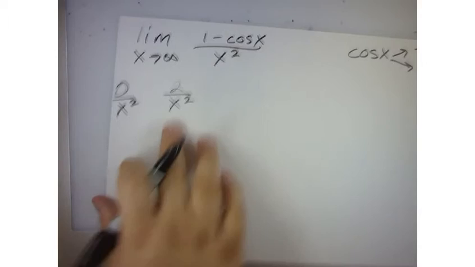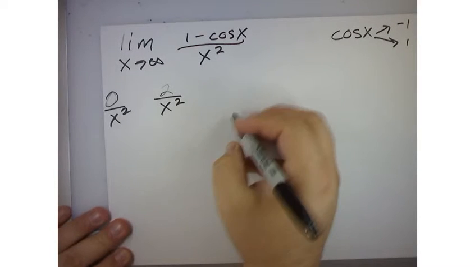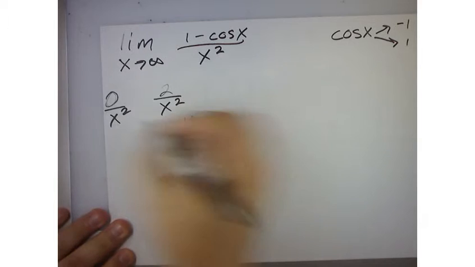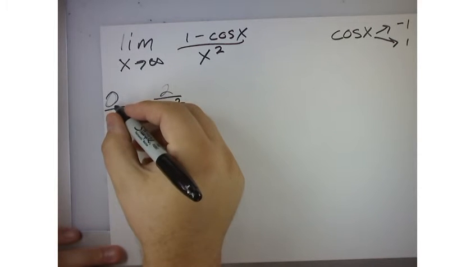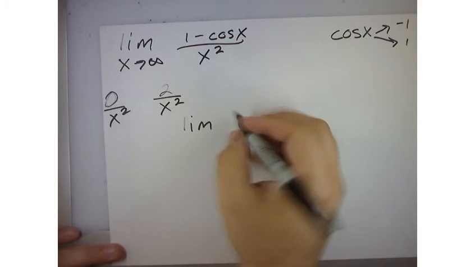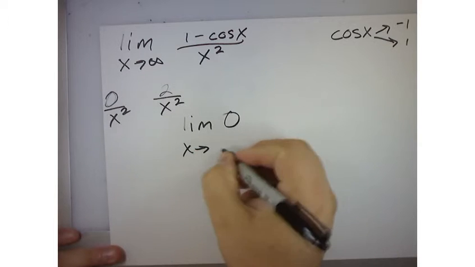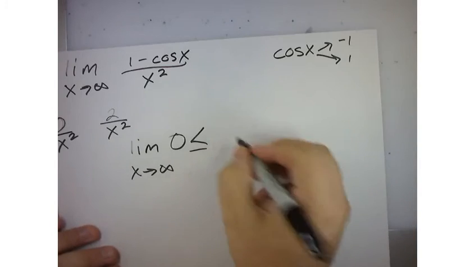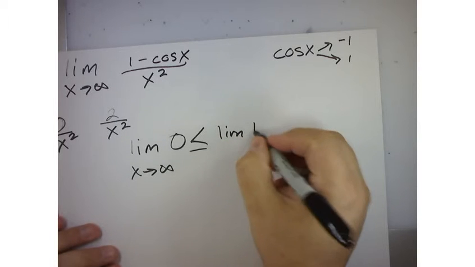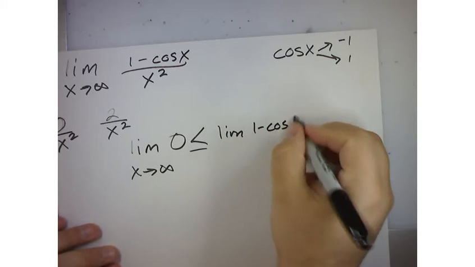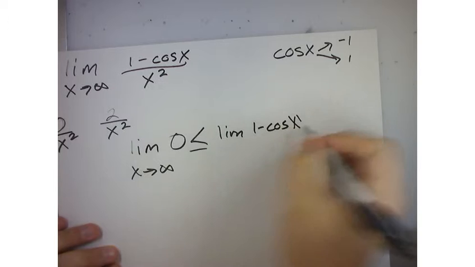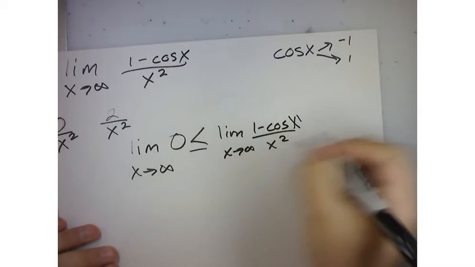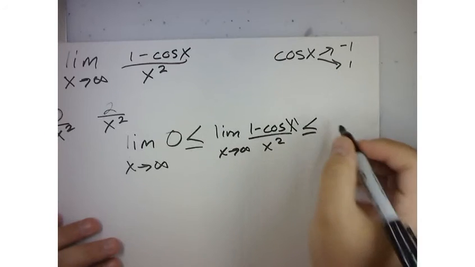So what we would do is we would consider it more like this. Your lower boundary would be 0, because this is going to be 0. Whenever you have a 0 on the numerator, it's always 0. So this is the limit of 0 as x approaches infinity, right? And that's going to be less than or possibly equal to the limit of our original function, 1 minus cosine of x, all over x squared as x approaches infinity. And then the upper boundary is going to be,